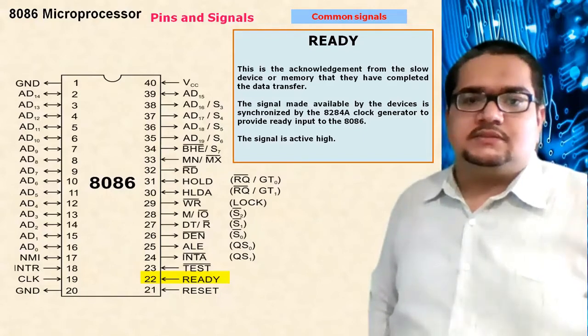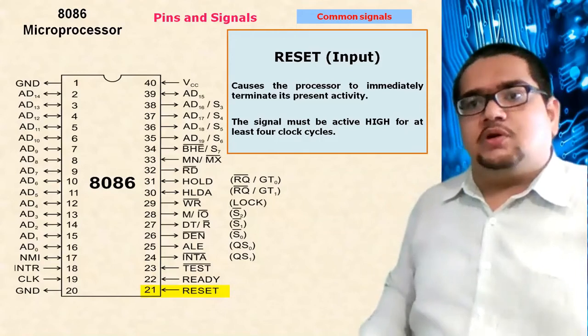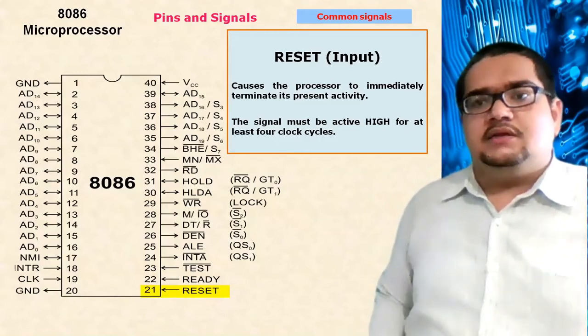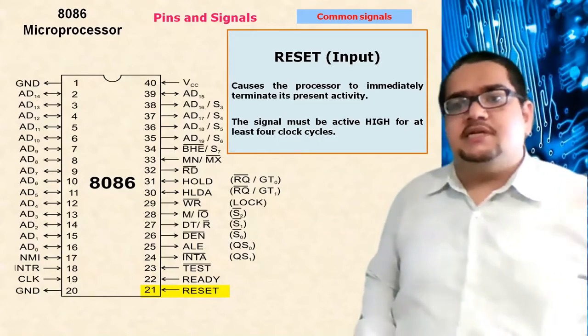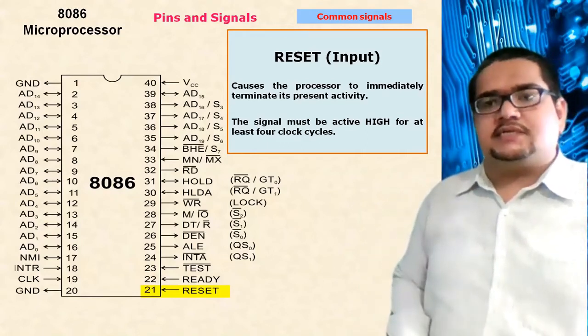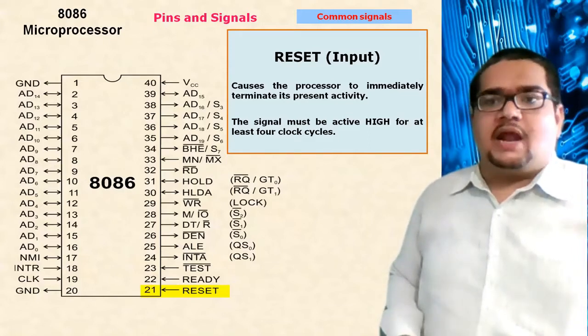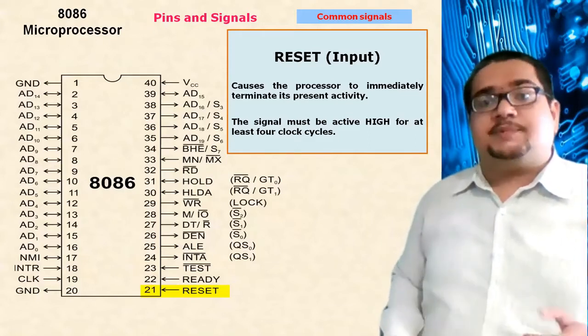Yeah, the reset signal is an input signal here. When we want the whole 8086 to be reset, when I say reset, it means we are making everything 0. All its internal registers except CS, all its flags, the queue, and everything will be made 0 except the CS register.